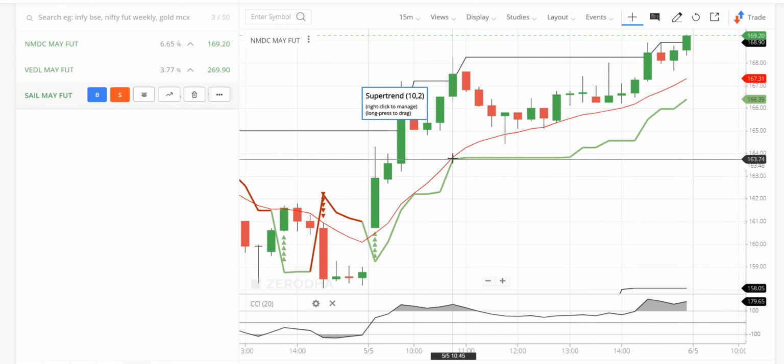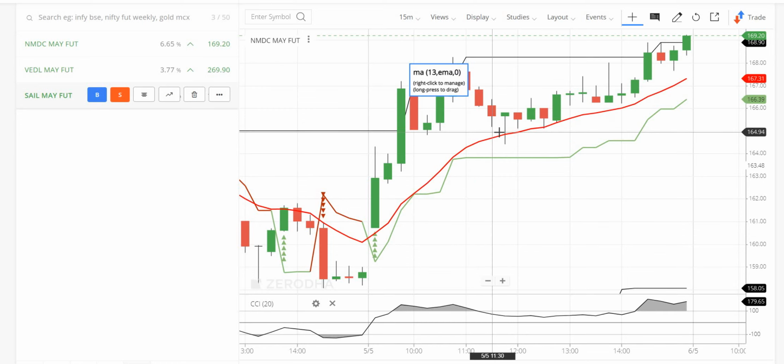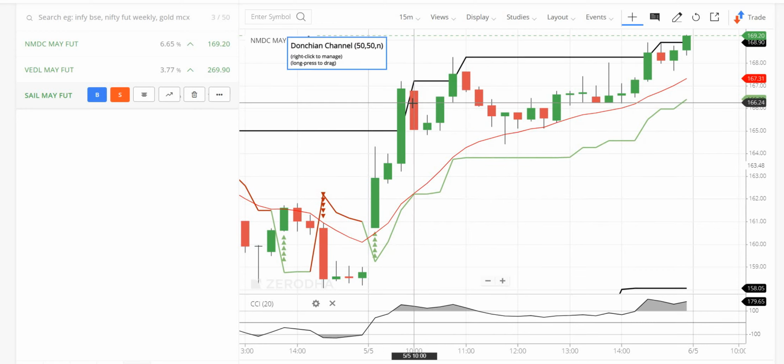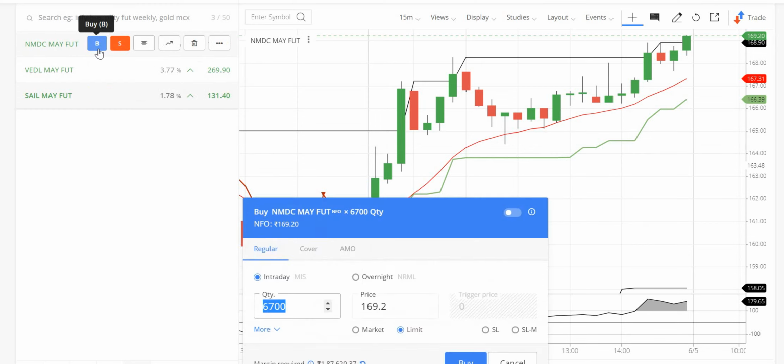And this moving average, I use to understand the price variation across the previous 13 candles, right? So if it comes near the moving average, I get a little conscious, a little alert that it might go ahead and hit my stop loss, but I would still maintain it until it hits or closes below the super trend 10.2. But let's say I bought it at a higher level, somewhere around 166, mid of the fourth candle, and it went to 164.5. What's the lot size of NMDC? Around 6,700.